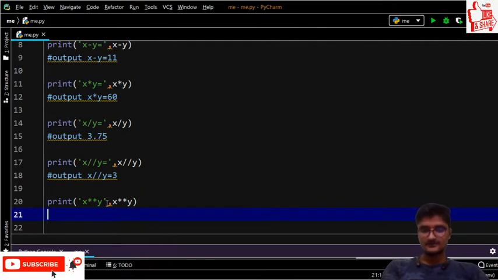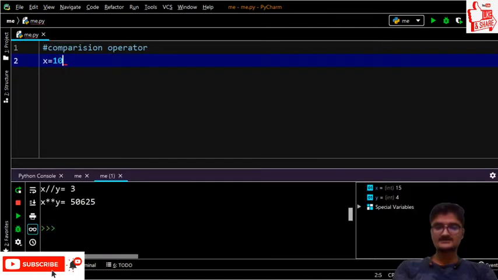Yeah, we are using equals to over here, and we must get a result by the value of x power y, that must be 15 power 4. 15 to the power 4 will give us output